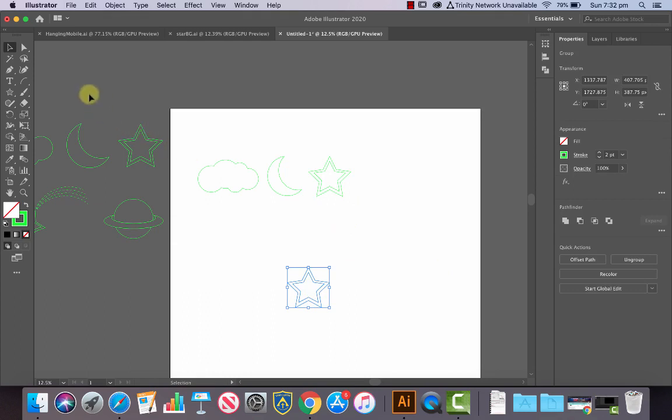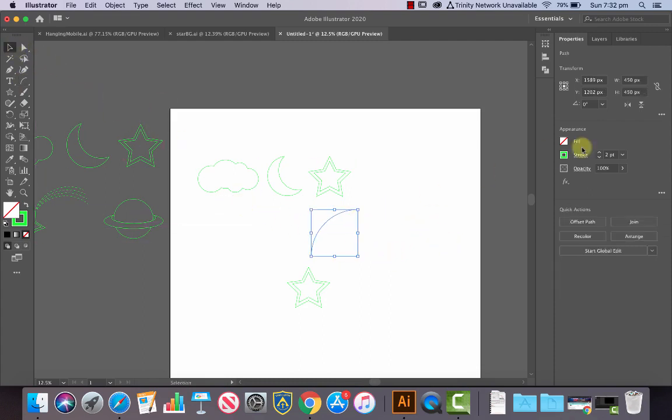And what we're going to do is use the Arc tool here. If you don't see it, click and hold. All right, it's behind the Line tool there. With the Arc tool selected, hold Shift on your keyboard and just draw out a nice line like that. It should automatically have a stroke of 2,